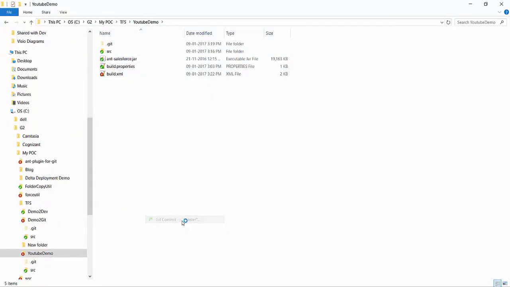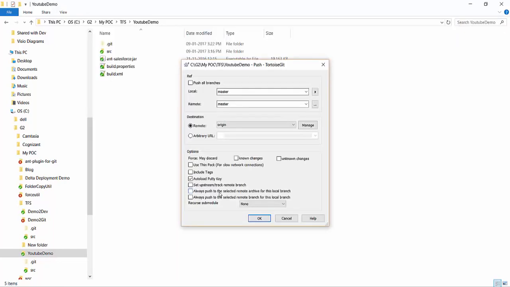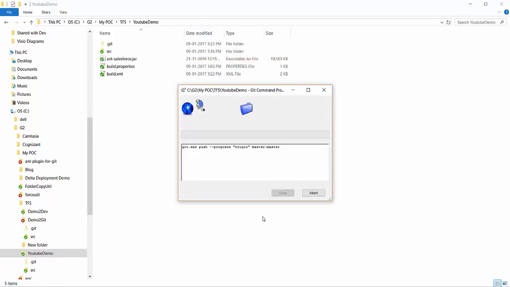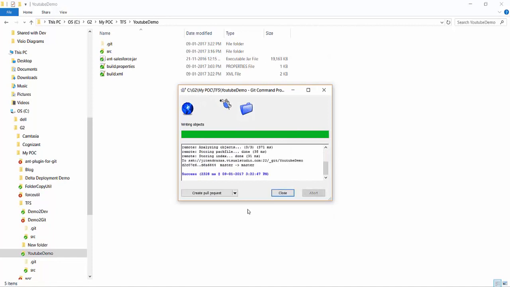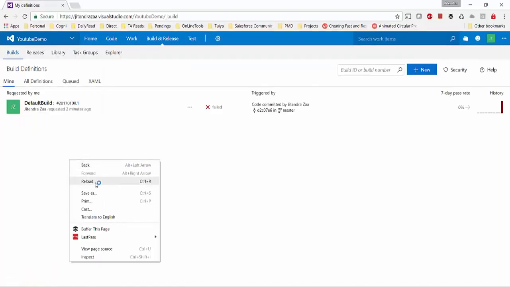I would commit again, and I will say fixed build. I will say fixed Salesforce URL from sandbox to production, and let's push it to the Team Foundation. Now if we see and if I refresh it,